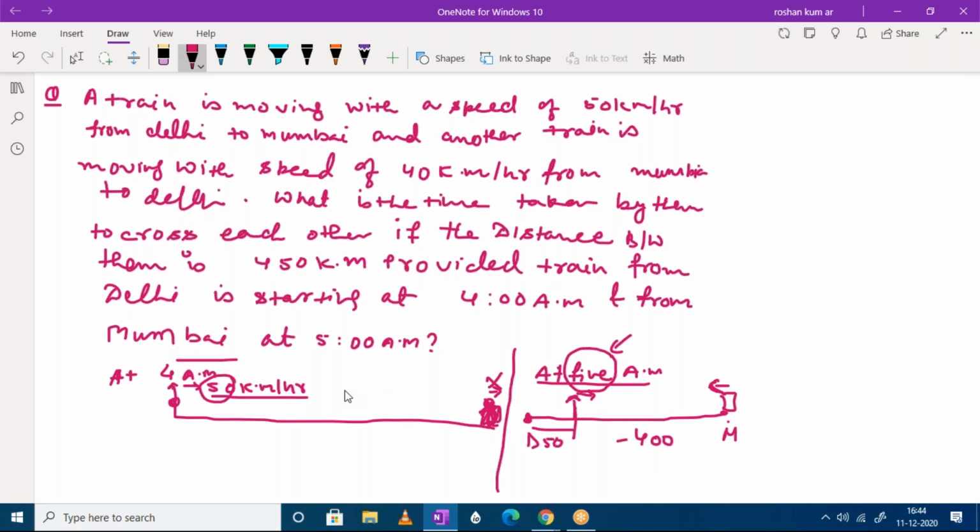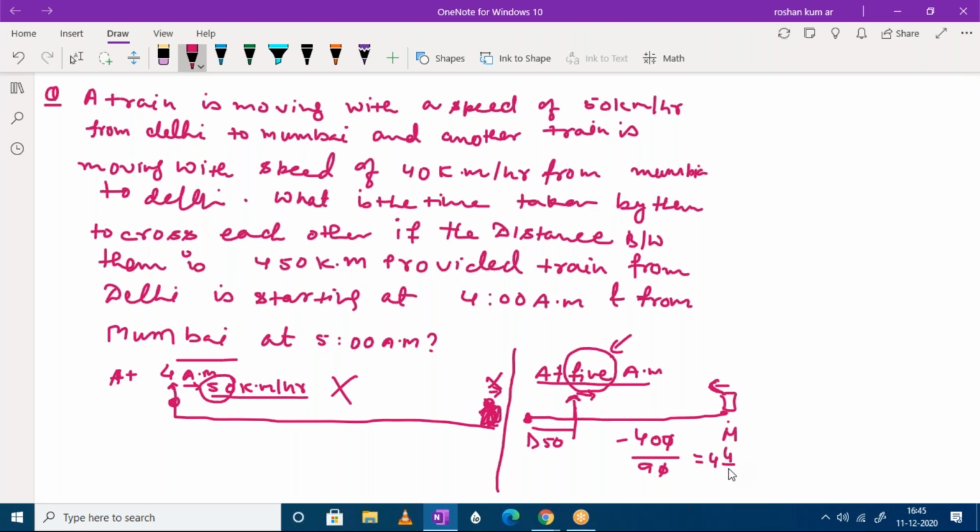Right? Now I'm not worried about the 4 o'clock scenario. I'm only worried about the 5 o'clock scenario because now I know that both bodies are moving. I can use my concept which I just learned. The speed will be 90 kilometers per hour and the distance will be 400. So can I say that the time will be something called 4 by 9, 4 nines are 36,